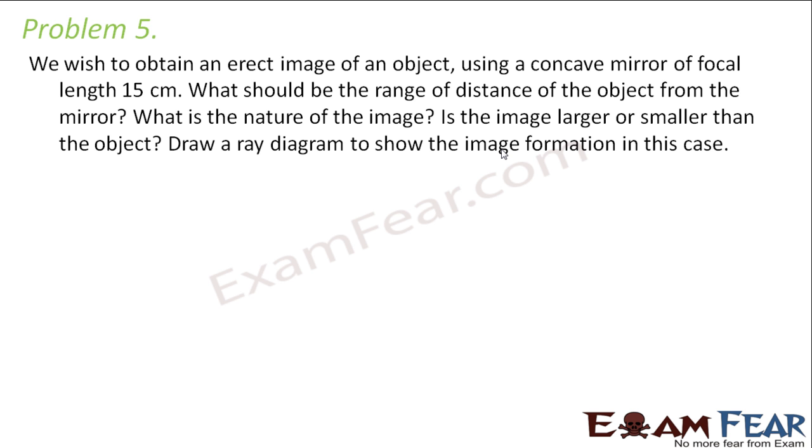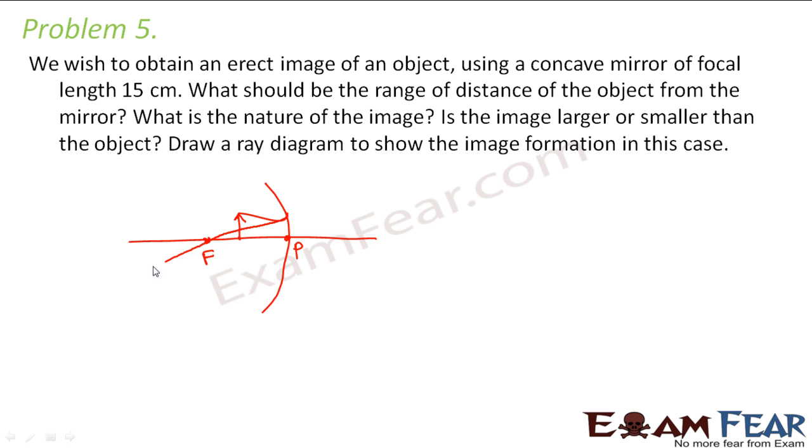But what did we see? We saw that when the object was placed very close to the concave mirror, that means when the object was placed between the pole and principal focus, only then we got a virtual and erect image, because in that case something like this happened and therefore these two rays met at this point, and so we got a virtual and erect image.